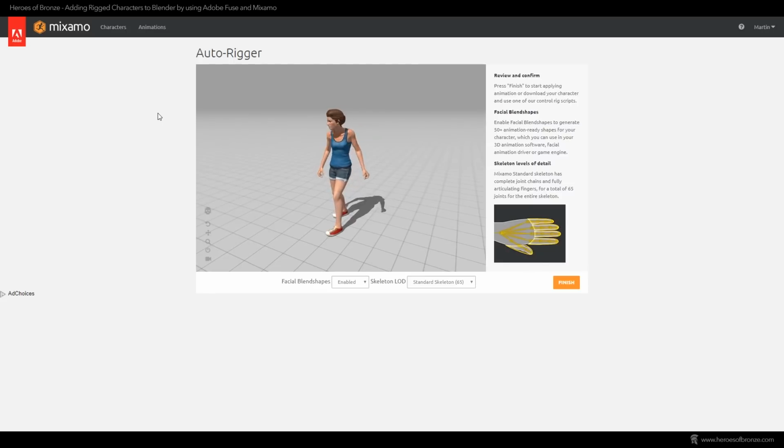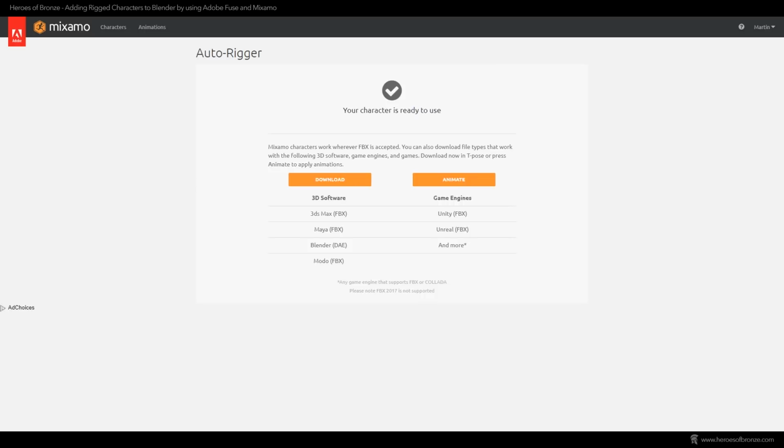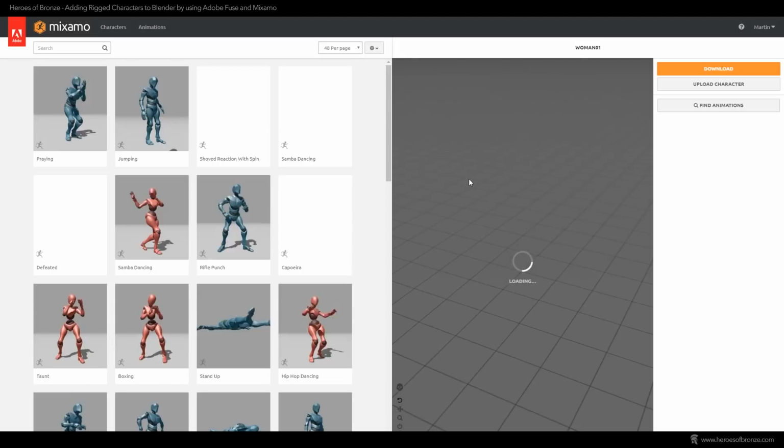Basically, after you upload your character, you just wait a bit until it's processed. Based on your needs, choose whether to have finger controls or not, and whether to add blend shapes for creating face expressions. We will enable everything, and later I will show you how to use it in Blender. If you told me 10 years ago these things would become so simple, I'd probably stop learning Maya rigging and just wait a decade.